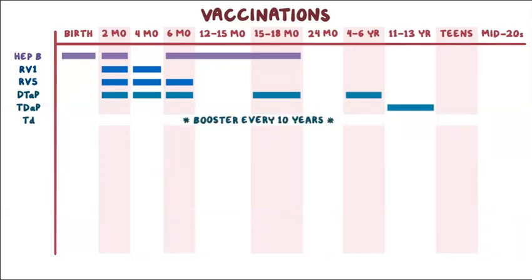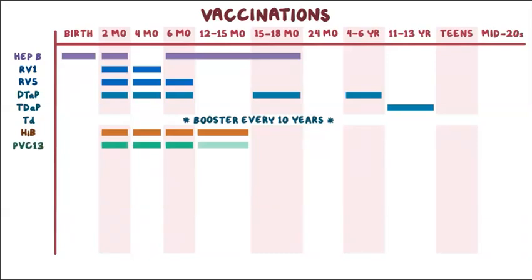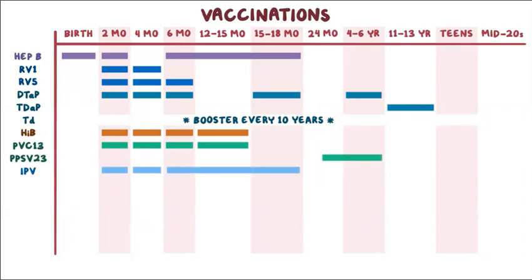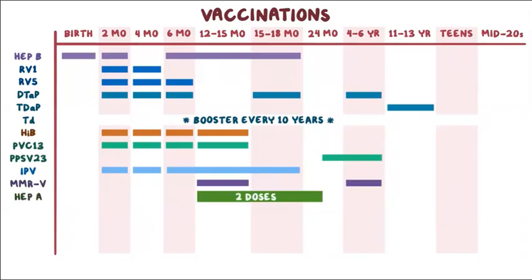Next, Haemophilus influenzae type B, or Hib, is given at 2, 4, 6, and 12 to 15 months, pneumococcal PCV13 at 2, 4, 6, and 12 to 15 months, and PPSV23 to children at an increased risk for pneumococcal disease, inactivated polio vaccine, or IPV, at 2, 4, and 6 to 18 months, measles, mumps, rubella, varicella, or MMRV, at 12 to 15 months and 4 to 6 years, hepatitis A as 2 doses between 12 through